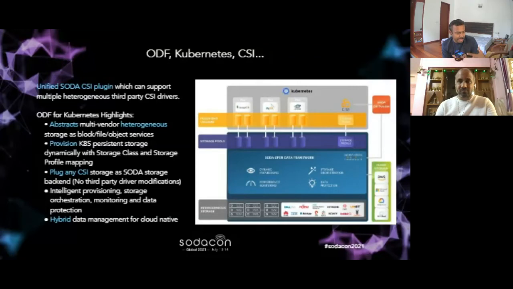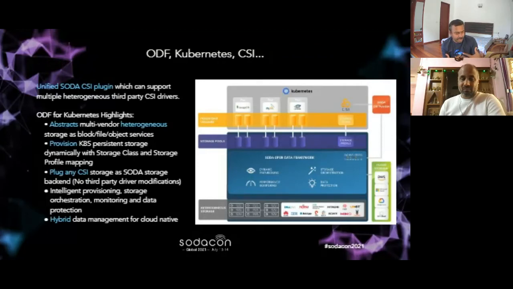You implement that, and any container platform can be connected to your storage. So we created a SODA CSI plugin. What is the speciality of this? Usually, for any storage you want to connect, you write a separate CSI plugin. But in our case, you have only one SODA CSI plugin which can be connected to any storage below.